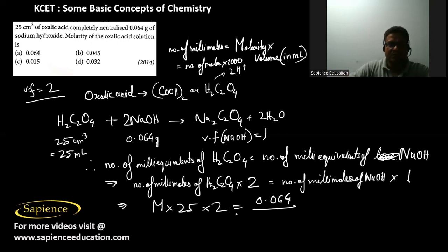Now the molar mass of NaOH is equal to 23 plus 16 plus 1, so 17 plus 23, that is equal to 40 gram. So this divided by 40